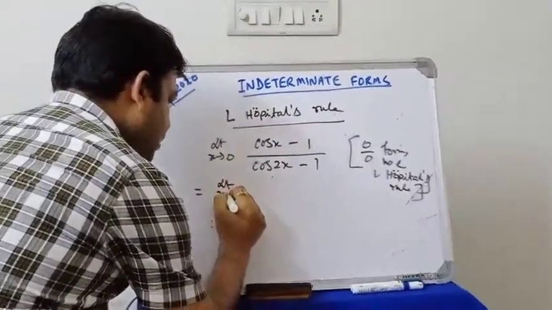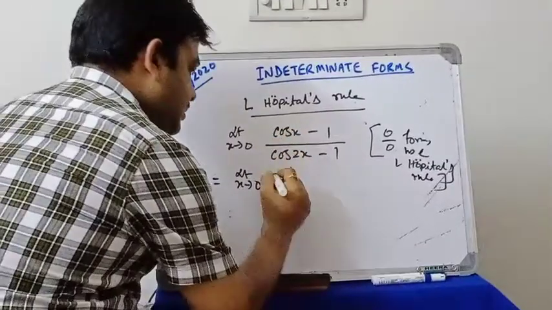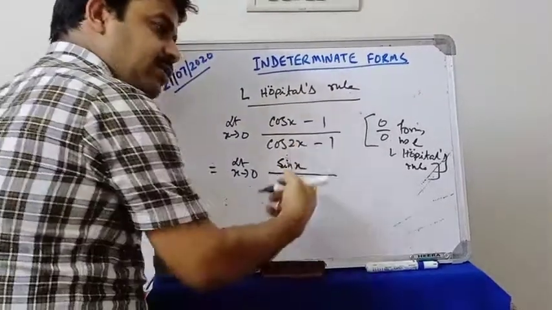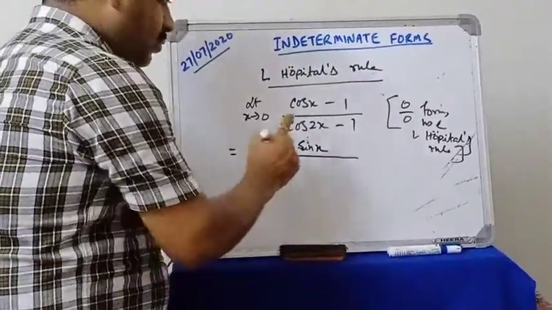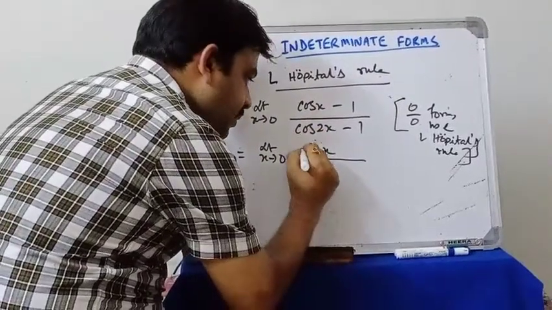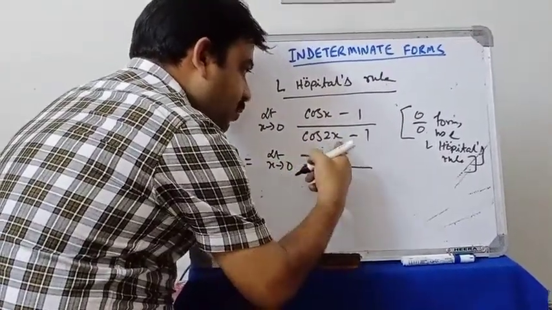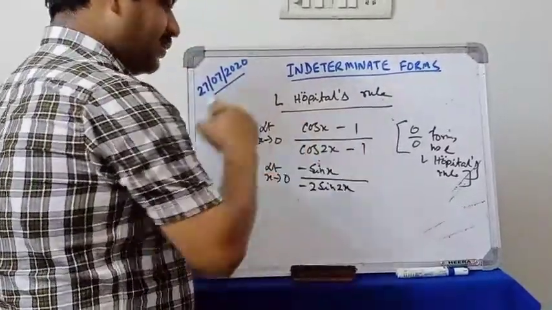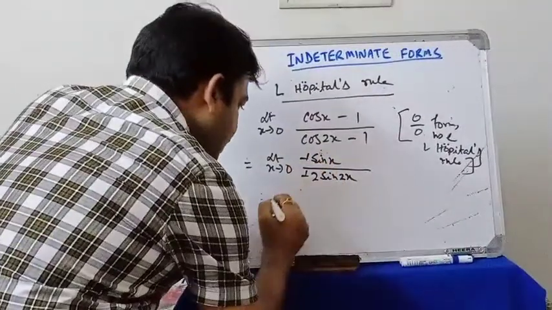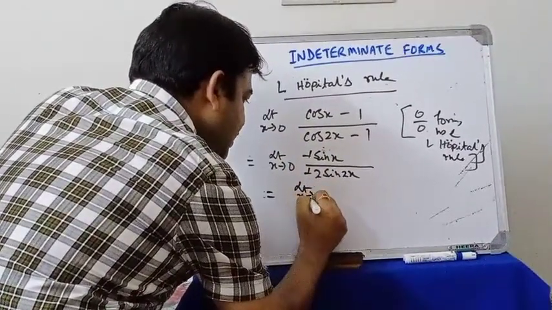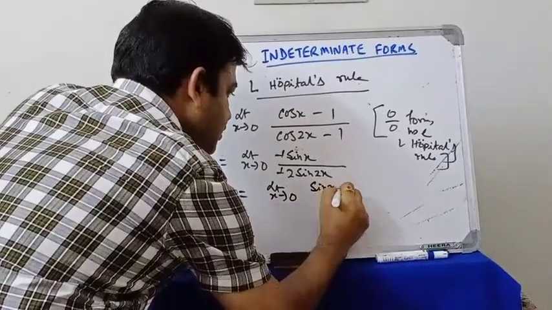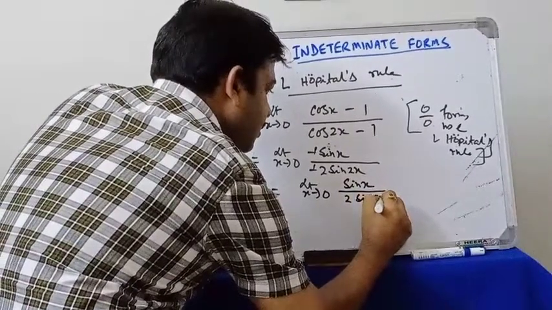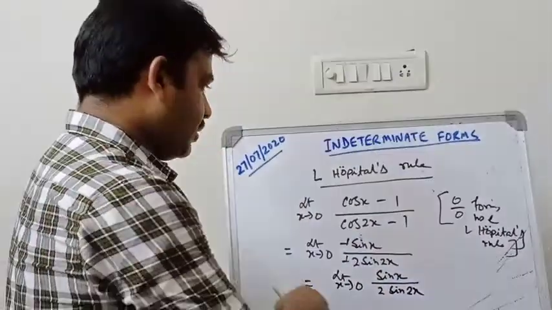So limit x tends to 0, the derivative of cos x is minus sin x, the derivative of 1 is 0, so minus sin x. Denominator, the derivative of cos 2x is minus 2 sin 2x. So minus minus cancel, that means limit x tends to 0 sin x by 2 sin 2x. Now look, if I put 0 here,